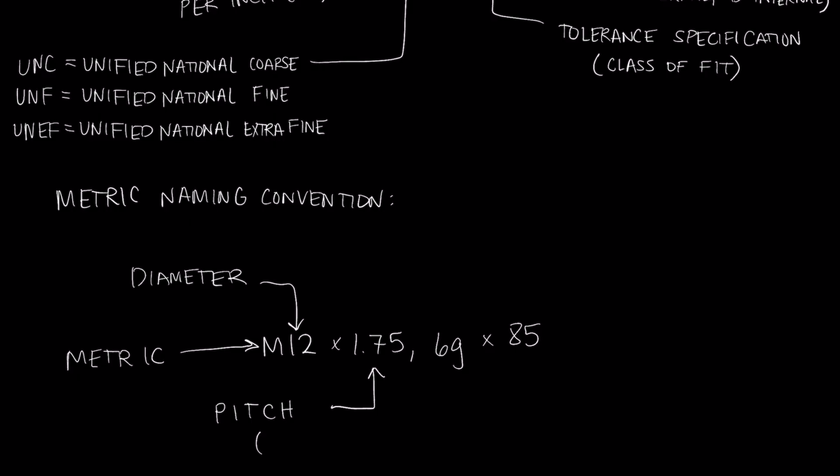And remember that all of this is going to be in millimeters since we're in the metric system. So this particular bolt has a diameter of 12 millimeters and a pitch, so a distance between adjacent threads, of 1.75 millimeters. The 6G, again, this is a fit